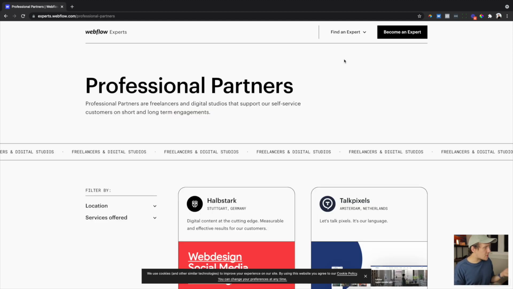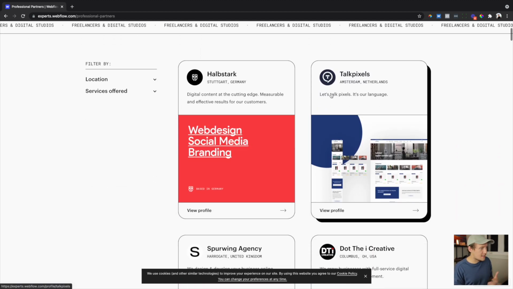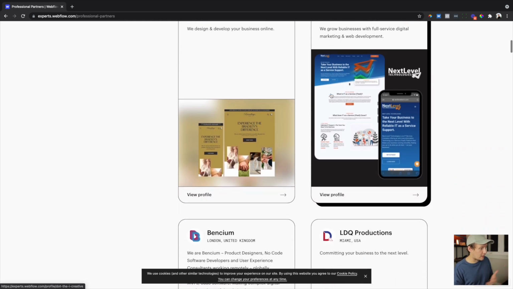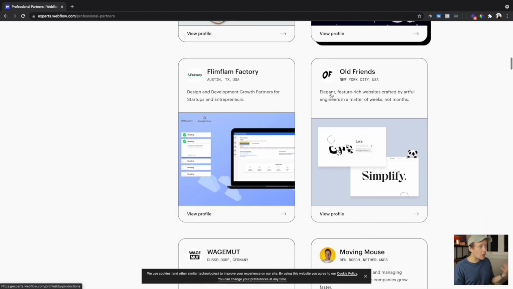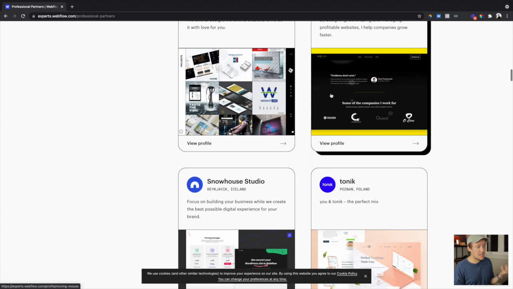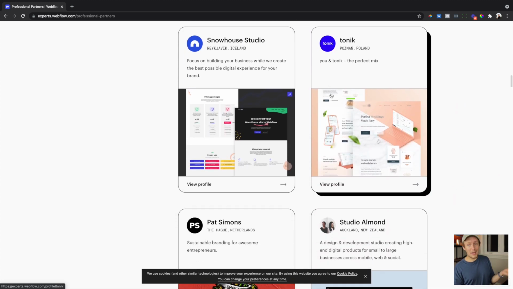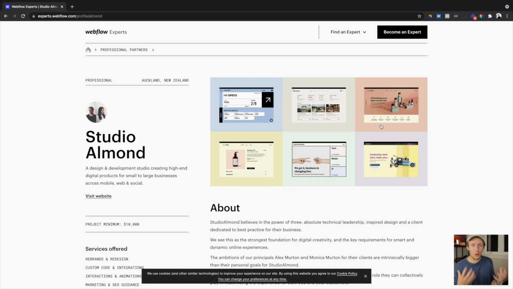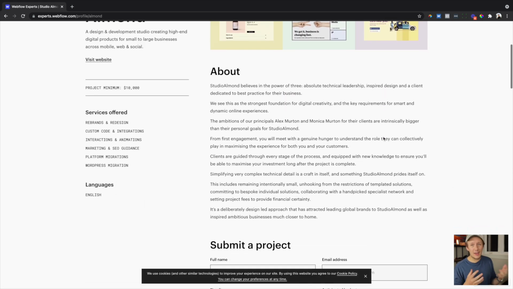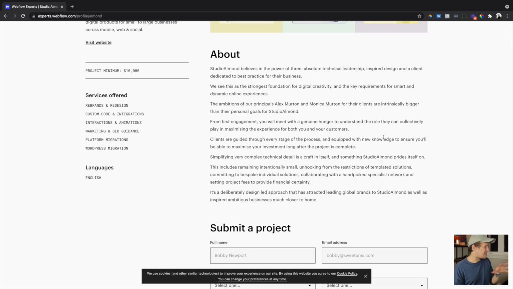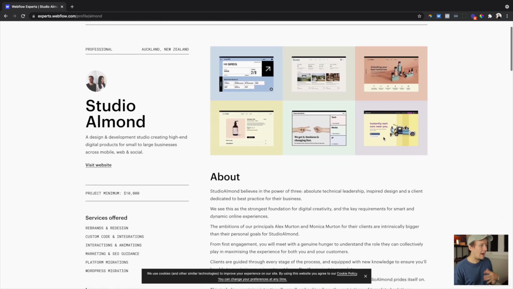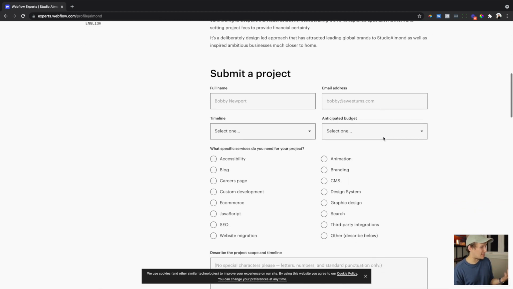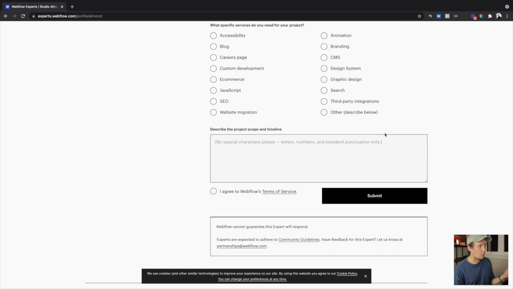The design of the site has changed quite a bit since I first found it. Basically, what you can do on Webflow Experts is find Webflow experts, get in touch with them, and hire them to do work for you. Like everything that Webflow does, the design of the site is completely slick. The way it works is very similar to the Unicorn Factory. You just fill out your name and your email address, and then all of the leads automatically get forwarded on to